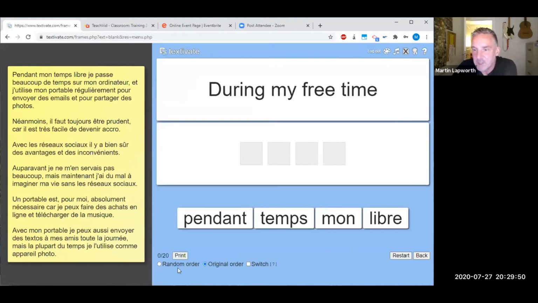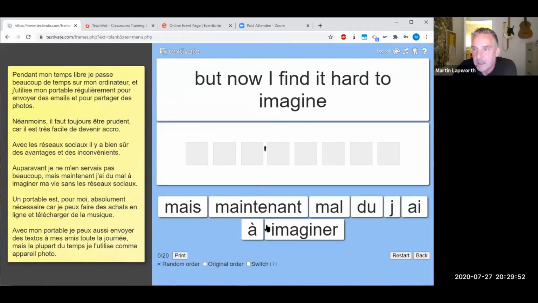jumble, for example, if we change it to random order, as I said, so that it's not going through it in order. So now we're trying to find, but now I find it hard to imagine, and so we can look in there and try and find those words. Okay,